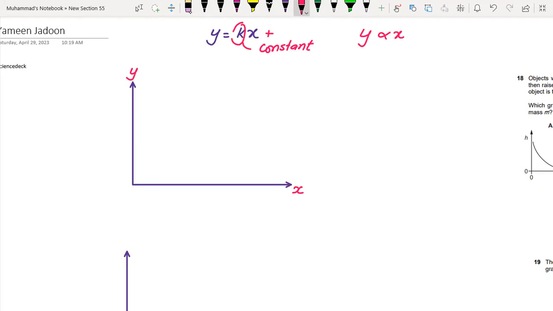For example, if you have kx plus some number c, then this is the y-intercept. But in this case, if you have only y equal to kx and you have to plot a graph of y versus x, then it will be a straight line passing through the origin. Okay, so what is the gradient of this graph? The gradient of this graph is